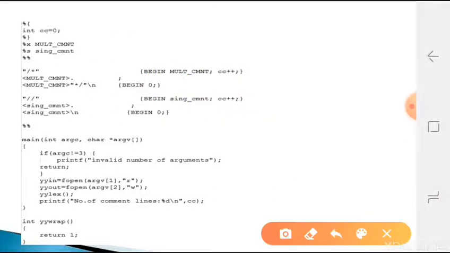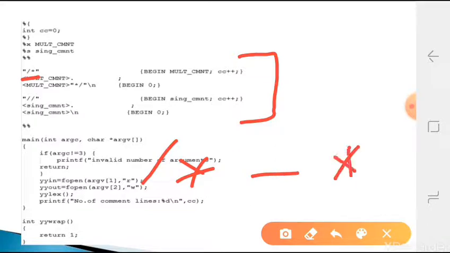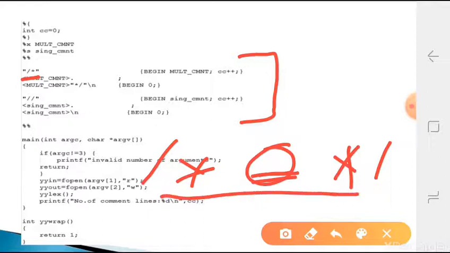Now in the second section, we are checking for slash star. Whenever a multi-line comment is there, it always comes inside this: slash star, some comment, then star slash. Whatever comes inside this we have to completely ignore, plus these two bytes. Completely ignore it. The remaining I have to write into one more file.